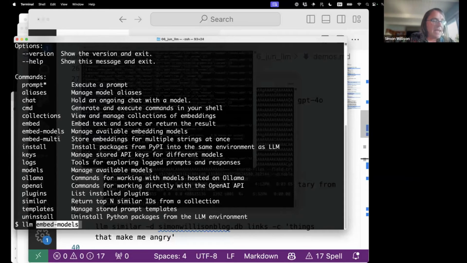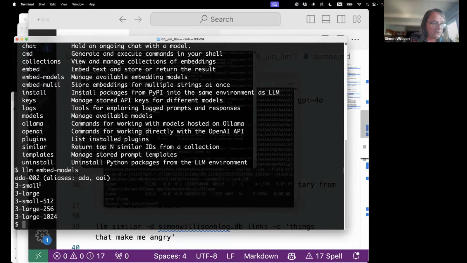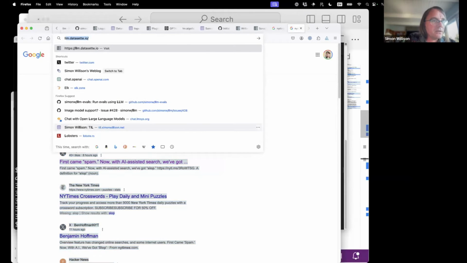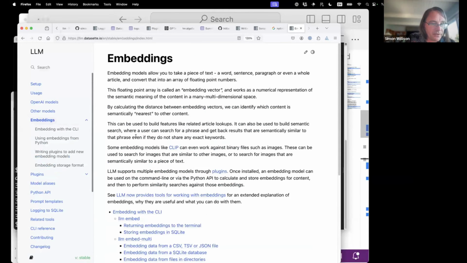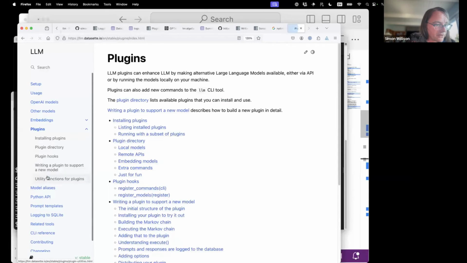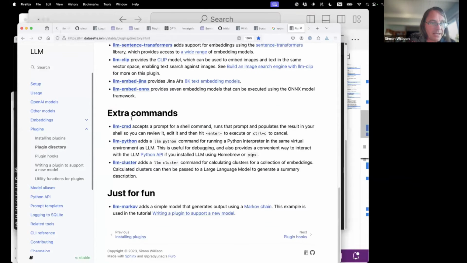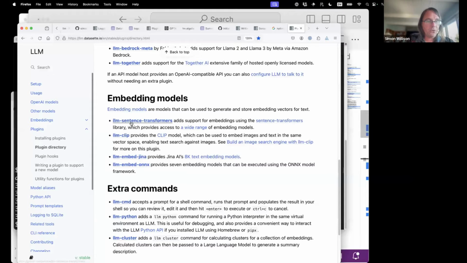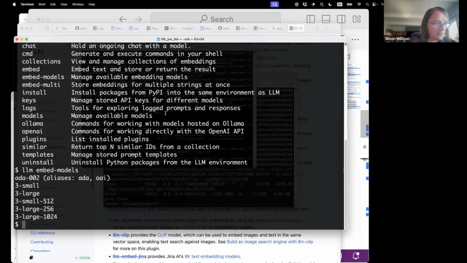So if I type LLM embed-models, that will show me the models I have installed right now. And actually, these are the OpenAI ones, the 3 small, 3 large, and so on. If I were to install additional plugins, here is the embeddings documentation. There's a section in the plugin directory for embedding models. So you can install sentence transformers, you can get CLIP running, various other bits and pieces like that. But let's embed something. So if I say LLM embed, let's use the OpenAI 3 small model and give it some text,